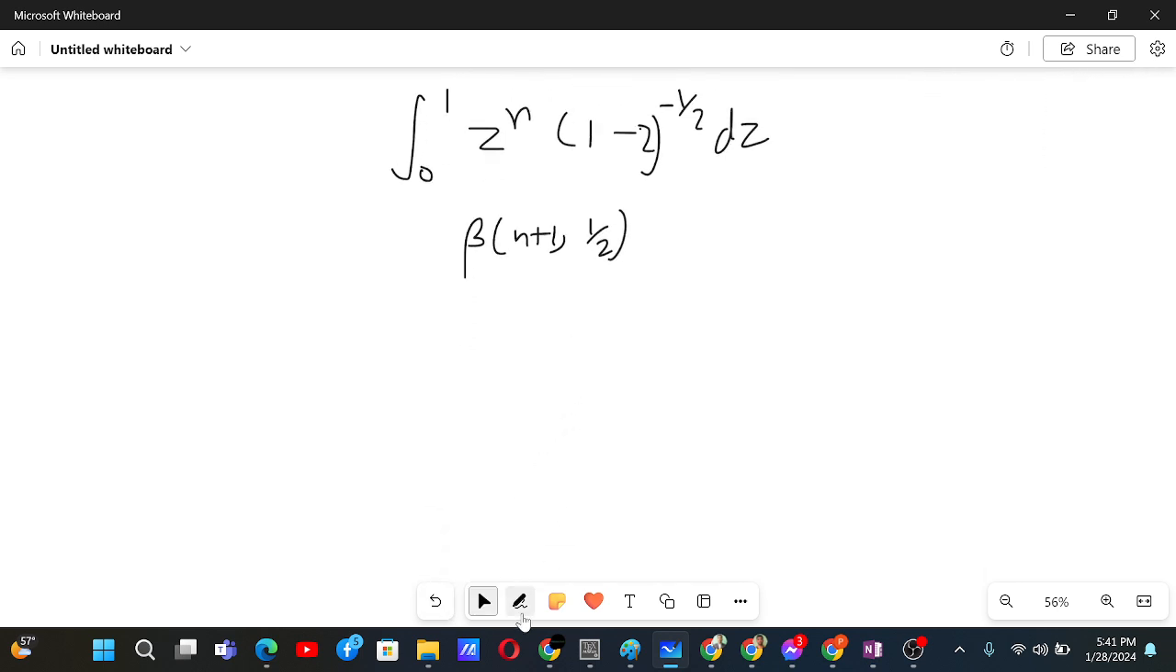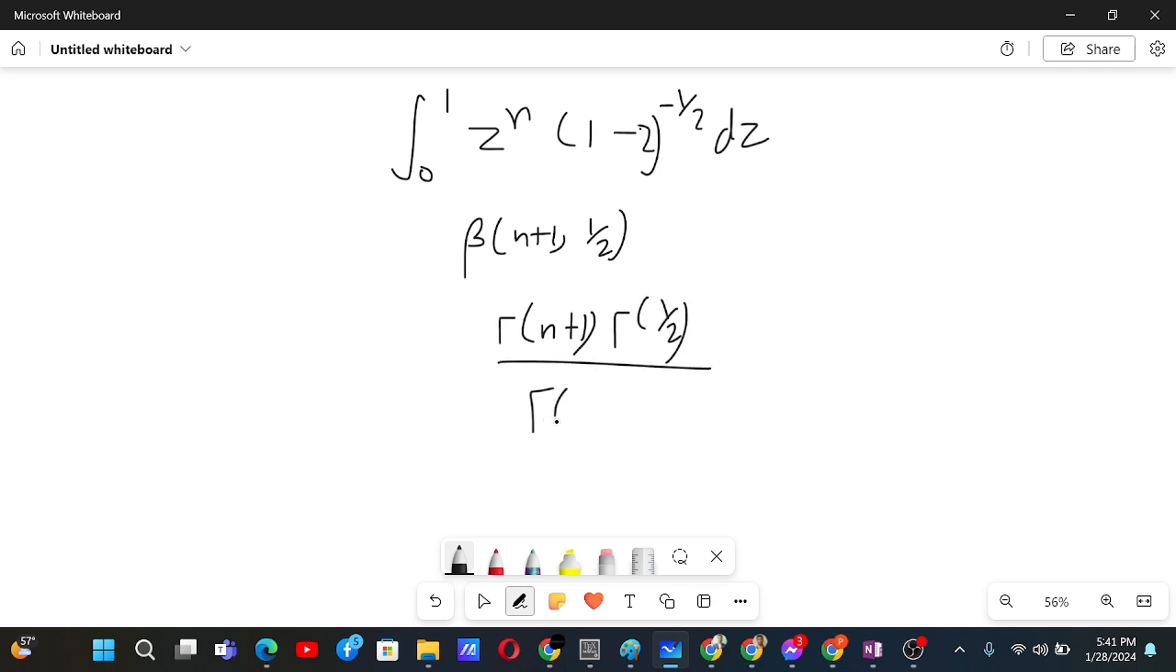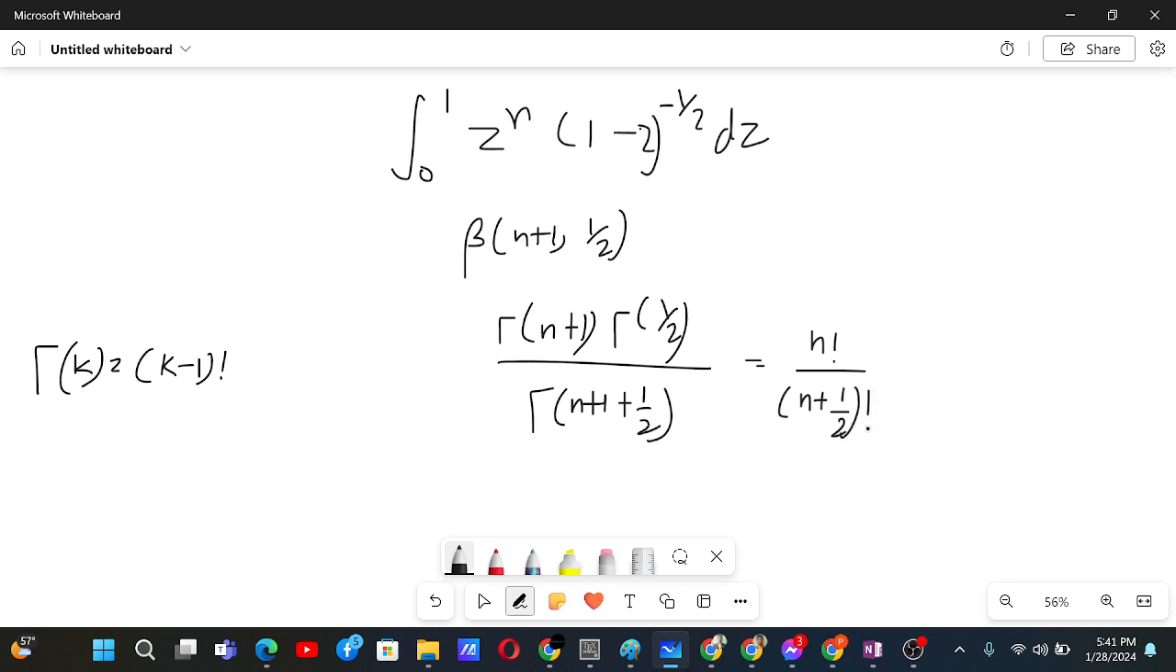Now the beta function of m and n is gamma m times gamma n by gamma of m plus n. So we will have gamma n plus 1, gamma 1 by 2 by gamma n plus 3 by 2. And now since gamma of k is equal to k minus 1 factorial, this is n factorial by n plus 1 by 2 factorial, and gamma 1 by 2 is just root pi. Okay. Now the next thing is